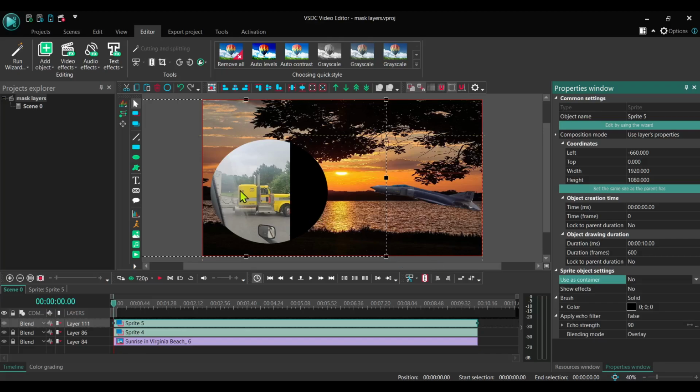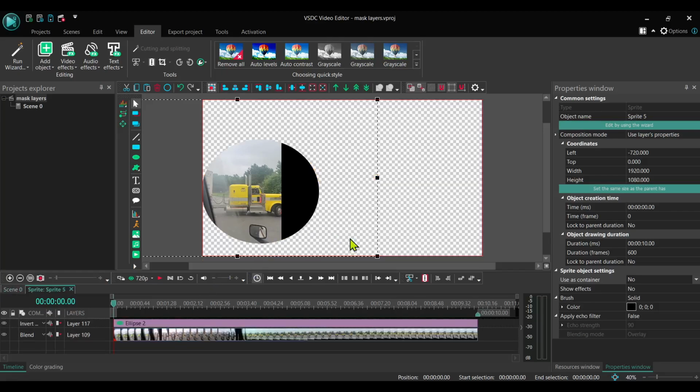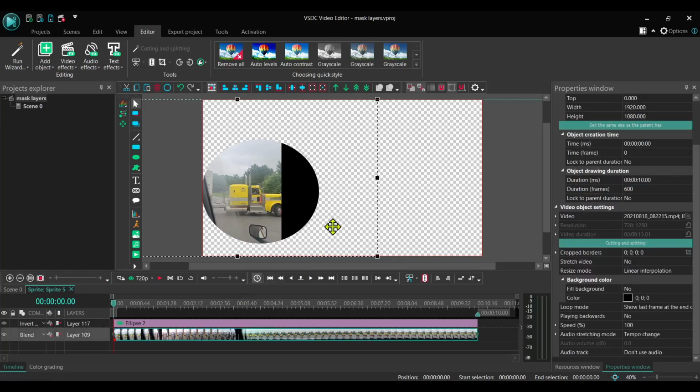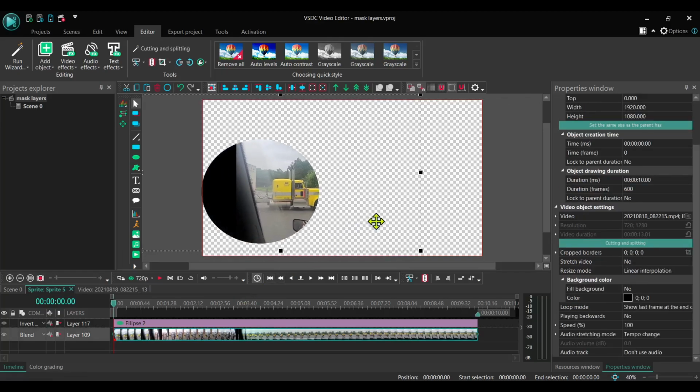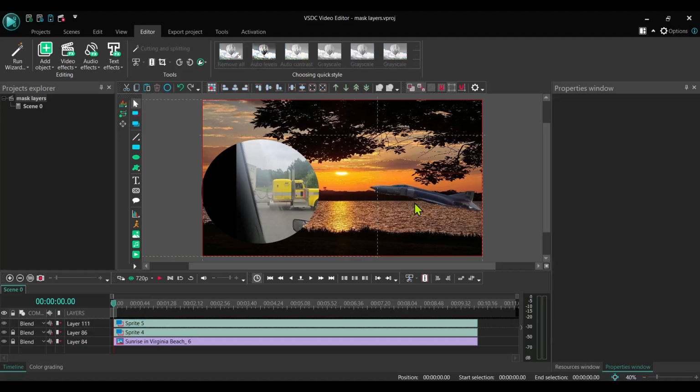Now all we've got to do is position our stuff. I need to position my truck right in my circle. Go back into my sprite, left click, and move my truck and truck video inside. There we go. Now when we look at it, we see our airplane is not affecting the object underneath it, and our truck